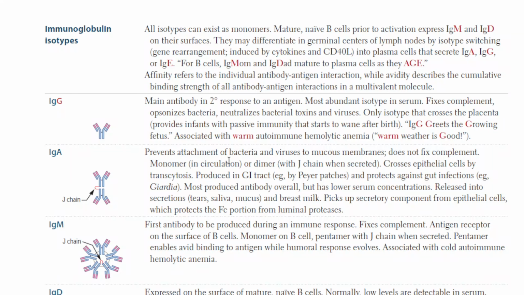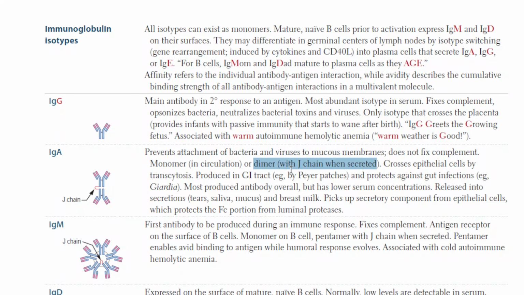So let's jump into immunoglobulin A. Immunoglobulin A prevents attachment of bacteria and viruses to mucous membranes. It does not fix complement. It's a monomer, you can see here it has two parts, and a dimer with a J chain when secreted. So it's a monomer, just one, when it's in the circulation, but when it's